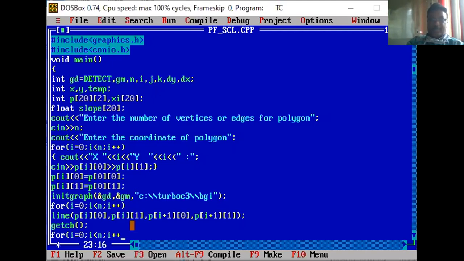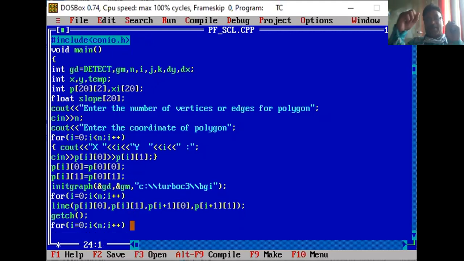समजलंय? Why are we considering this slope as a float? Because you have to consider 1/m, where m is the slope of the line. Okay, समजा स्लोप हा 2 असेल, so 1/2 becomes 0.5, so 0.5 is my float value, a fractional value, so that's why you consider the float.